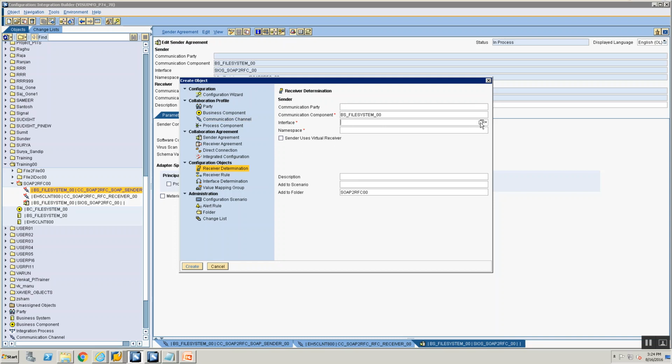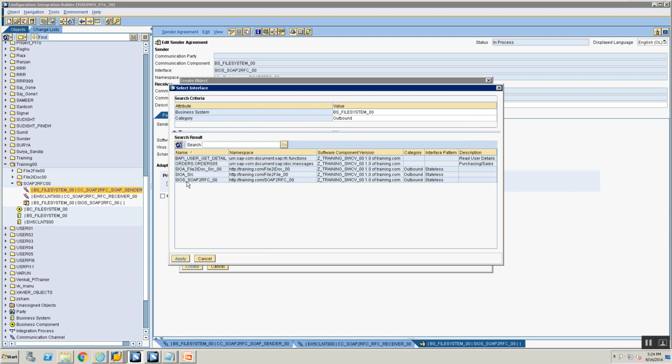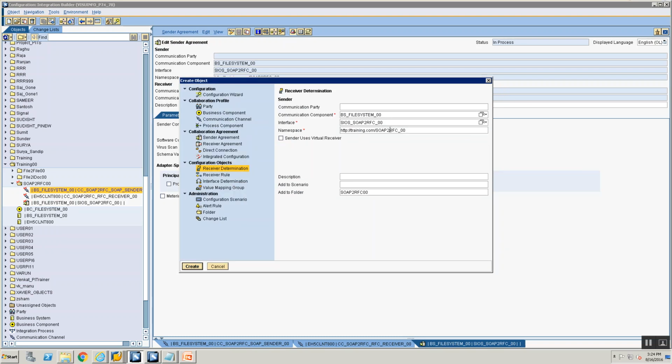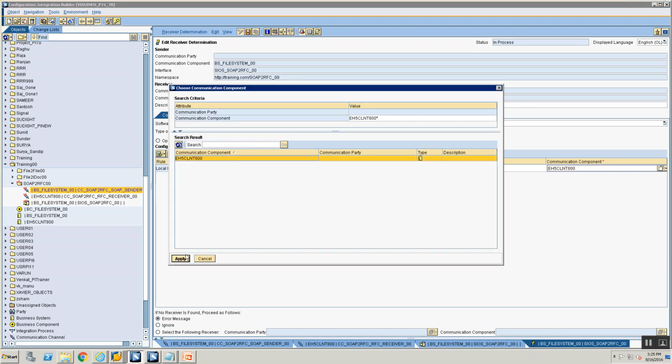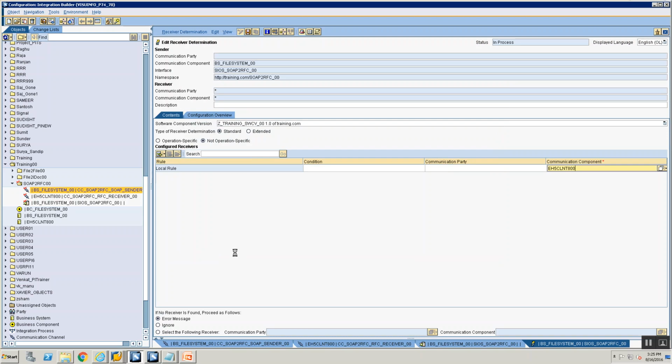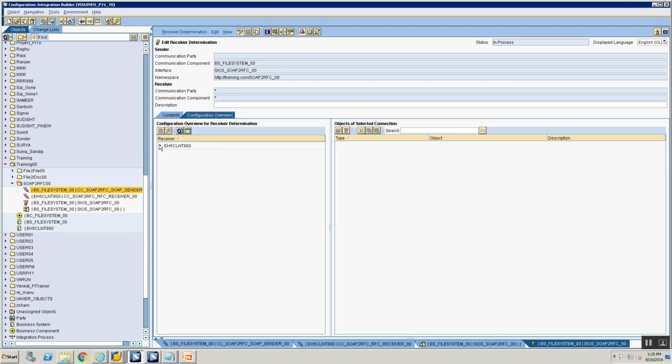Okay, so my sender interface is going to be again SIOS SOAP to RFC. That's the scenario that we are building. Select the sender interface details. And who's my receiver? My receiver is going to be EH5CLNT 800. Just make sure you've typed it correct by using the selection help and saying apply. Save your receiver determination object, and after you save your receiver determination object, go to configuration overview, navigate to your